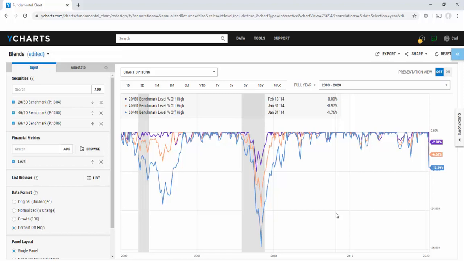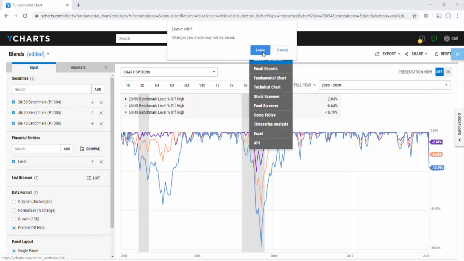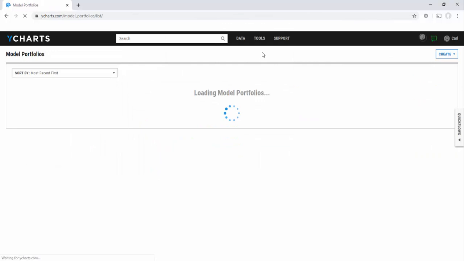Yeah, definitely. Great question. I see it all the time here, Zhao. And going back to that definition we gave of a blended benchmark, how they're used against balanced strategies, asset allocation strategies, I'm really going to key in on that second one, the asset allocation strategy. So currently, these benchmarks are just comprised of the S&P 500 and the Barclays Agg. If we wanted to go back and edit one of these benchmarks to include a different asset class, that's definitely possible. So we're going to head back into the model portfolios